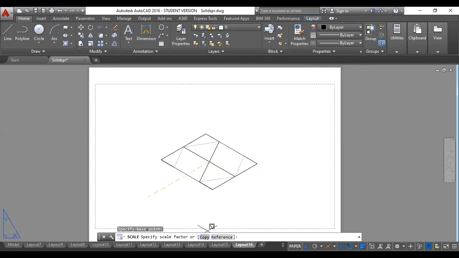Once you click on the center, in the command prompt, click on the copy button. You can see here in the command prompt, you have something called copy. So click on copy first. After clicking on copy, the original hexagon has been copied. That copied one we are going to reduce to 20. So the scale factor is what? 20 divided by 35, so 0.57 is the scale factor. Give the scale factor and then press enter.